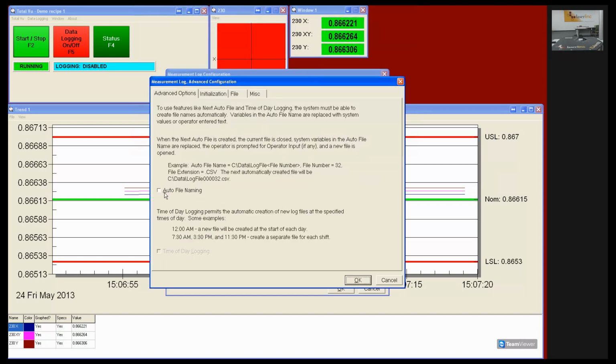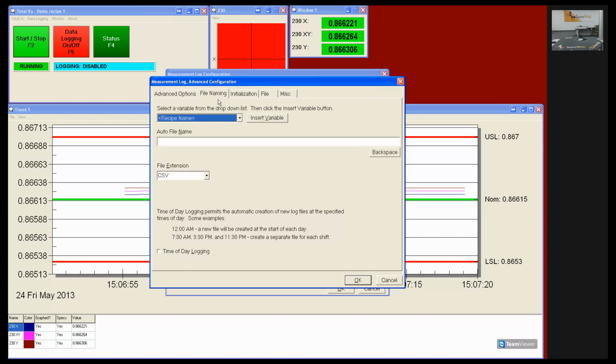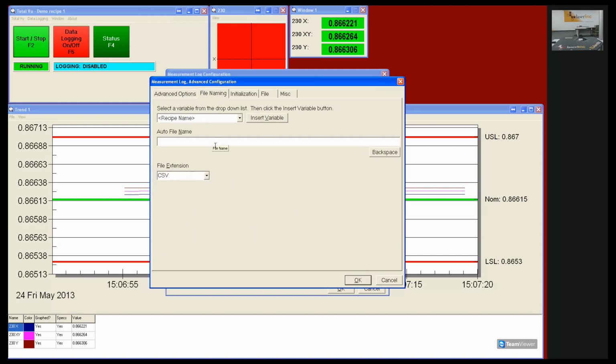Click in Advanced, Auto File Naming. Decide if you want to have a new file at a certain time of the day. I do not. File Naming. In this case, I'm going to put on a C drive in the data folder, and then I'm going to make a folder with the days,